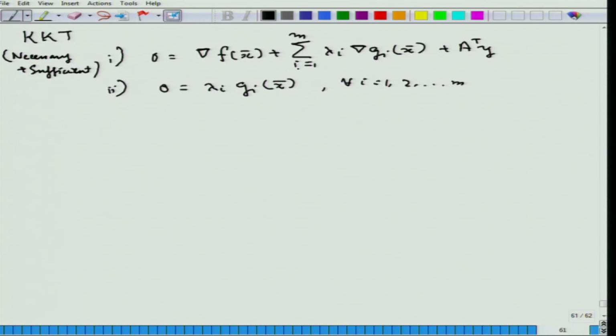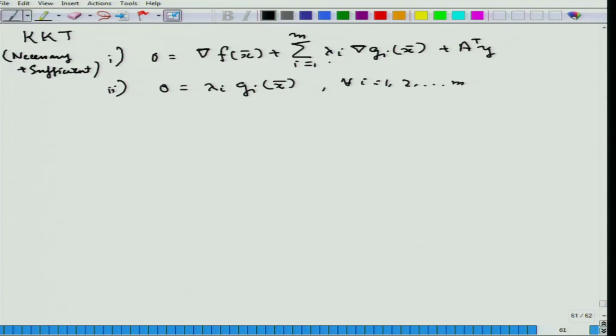That would allow you to extend this expression from just i an element of I(x bar), which is not so nice to look at, I would say slightly uncomfortable to have this summation over the whole range. But whenever i is not in I(x bar), you are putting lambda_i as 0. So, this is just a nice and compact way of representing this, but this has some other role we will see very soon. And with this, we have now got a Karush-Kuhn-Tucker type necessary and sufficient optimality condition for